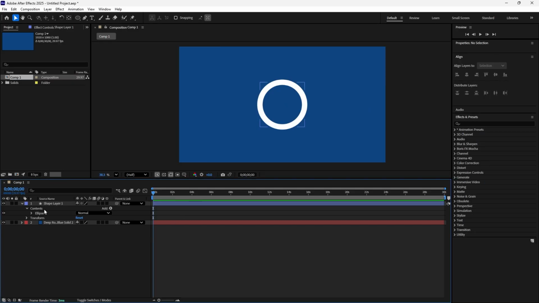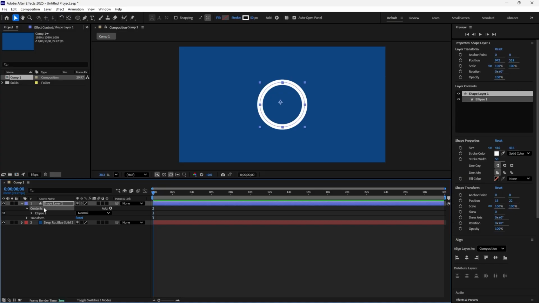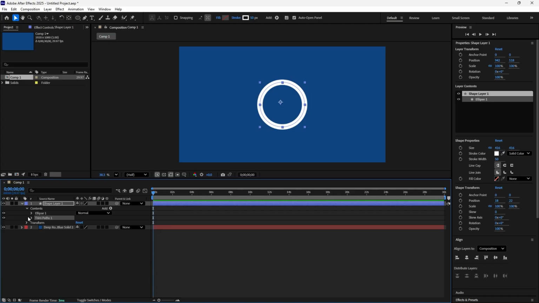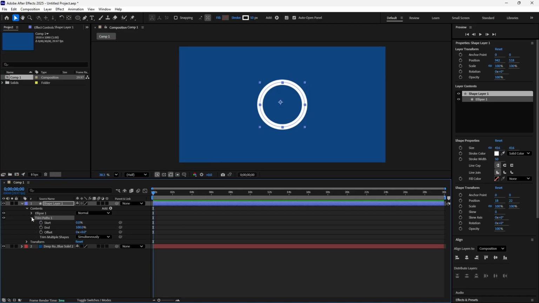Okay, after that, at the shape layer contents, there is an add button. Click here and use trim paths. Okay, there are trim paths. Open the trim paths here. There are start and end points, right? So here